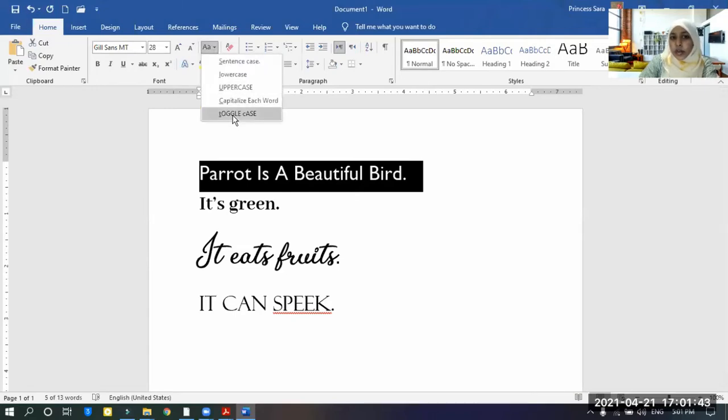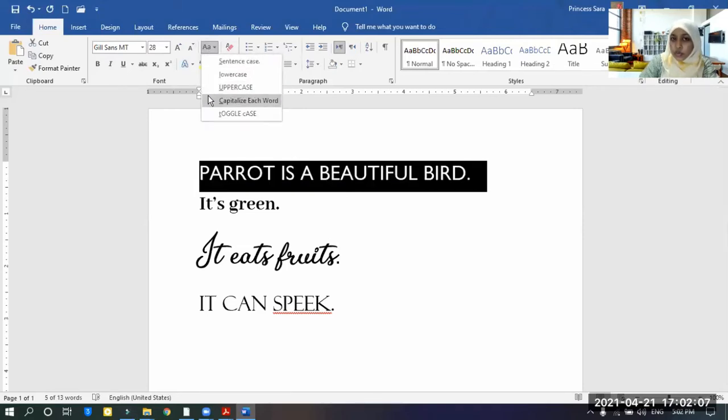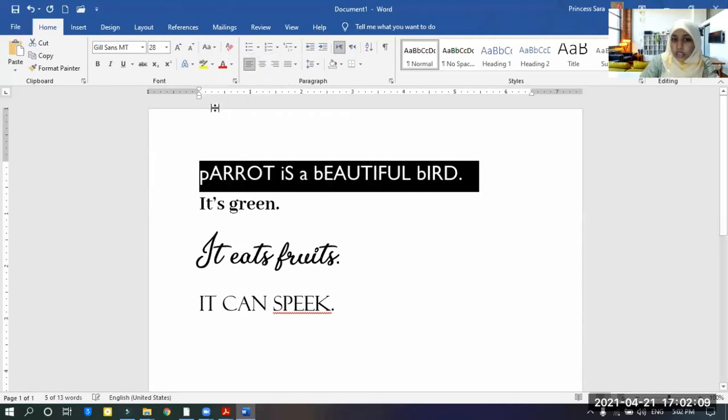Toggle case means the first letter of the word will be simple and the rest of the letters will be in capital. That is toggle case. Now understood the cases: sentence case, lowercase, uppercase, capitalize each word, and toggle case.